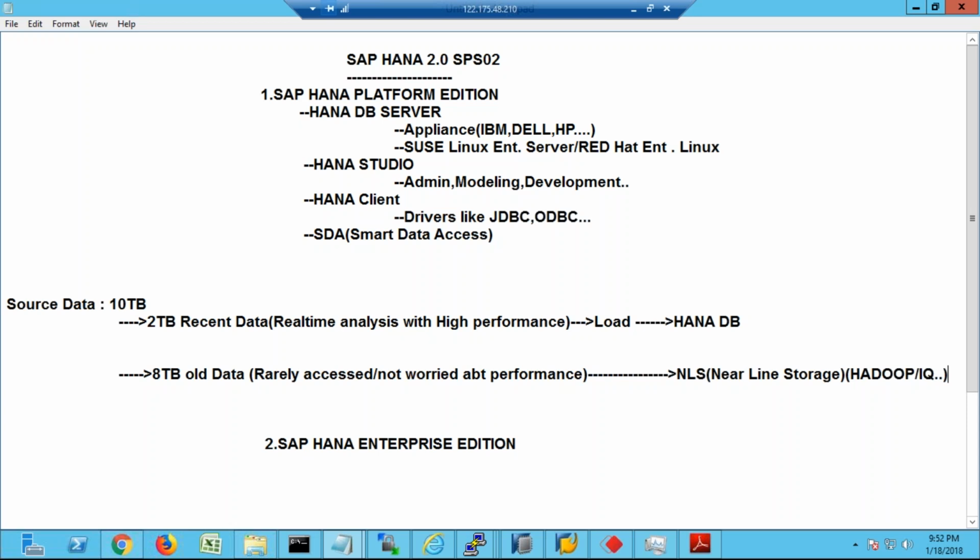So this 8 TB data, which you don't want to load into HANA, you keep outside the HANA database, which we call NLS, nearline storage. But now the requirement is, whenever you want to analyze this data, it has to be accessed into the HANA database. You don't want to store it, but even though you don't want to store it, you need to access it. Only when you access it will you be able to analyze the data using HANA. So that's when what we have to do is here,